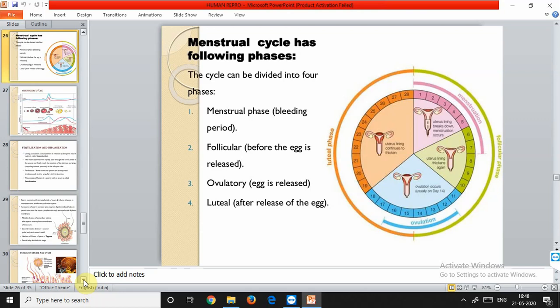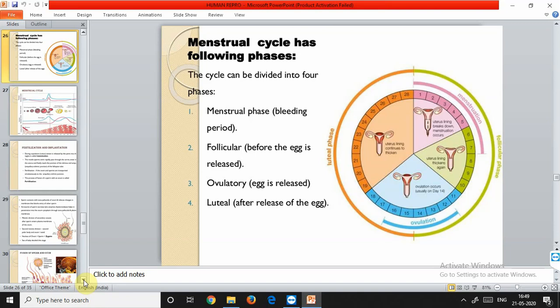Now what happens in the menstrual phase? As I told you, the ovum is only available for 2 to 3 days. When there is no fertilization, the ovum remains unfertilized and the corpus luteum starts to degenerate. So the level of progesterone in the blood starts to decline, and the uterine tissues fail to be maintained. Progesterone is the hormone responsible for the maintenance of the uterine tissue, and the corpus luteum is responsible for its secretion. So now the progesterone level decreases and the uterine tissue cannot be maintained.